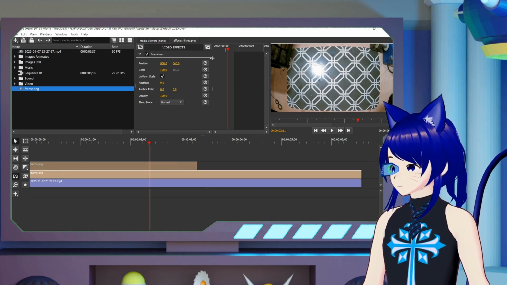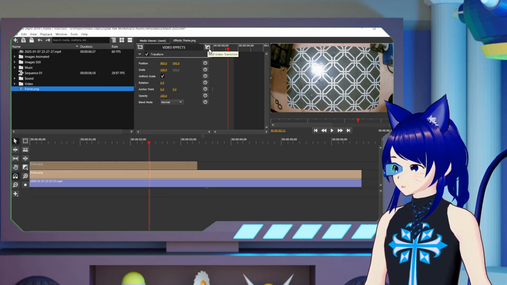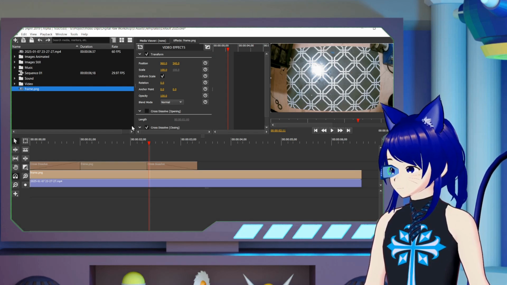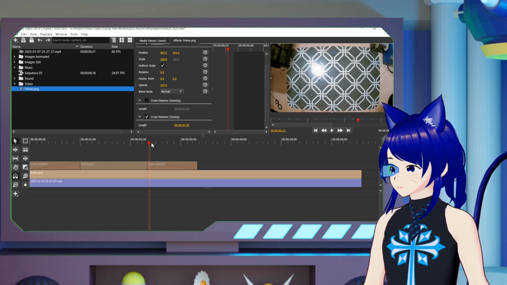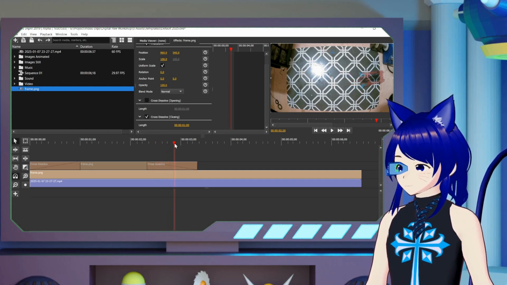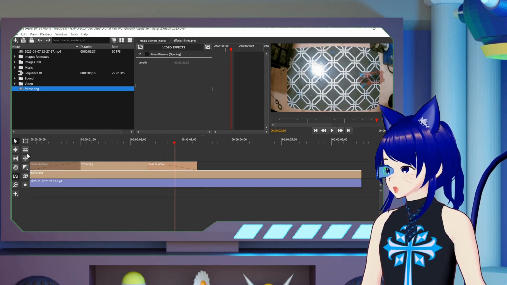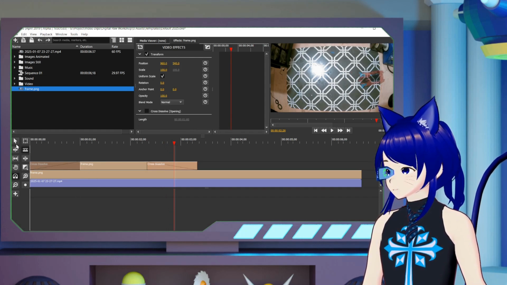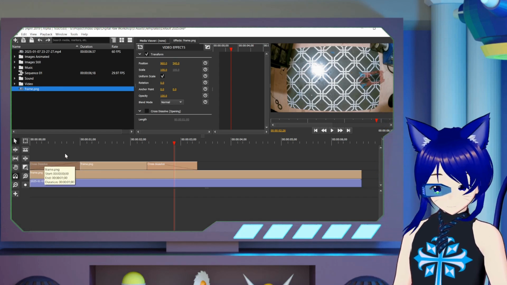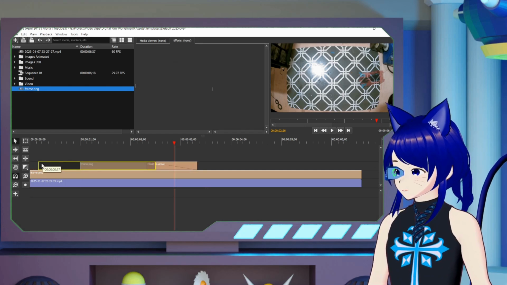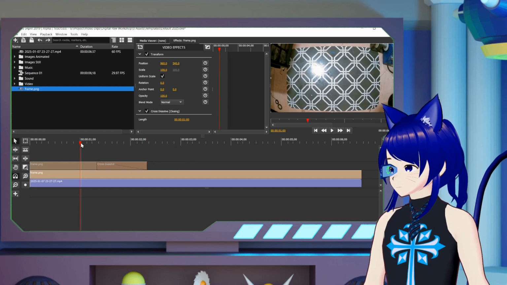to, let me click on this, come up here to my video effects. I want to add a transition, cross dissolve. I don't need the opening, I just want the in. That way it just simply pulls on through. In fact, let's go ahead and cut this off and just delete. That way